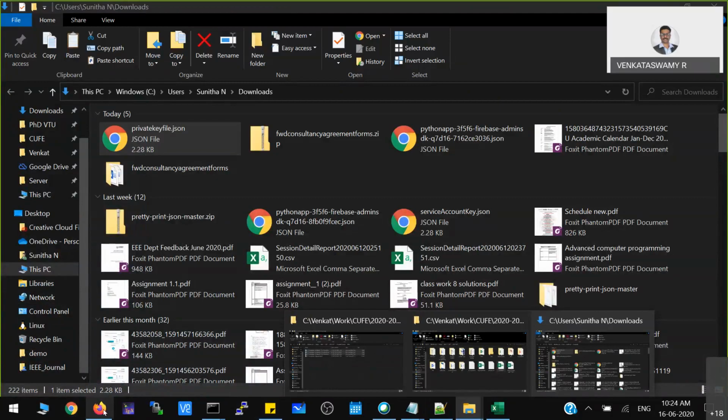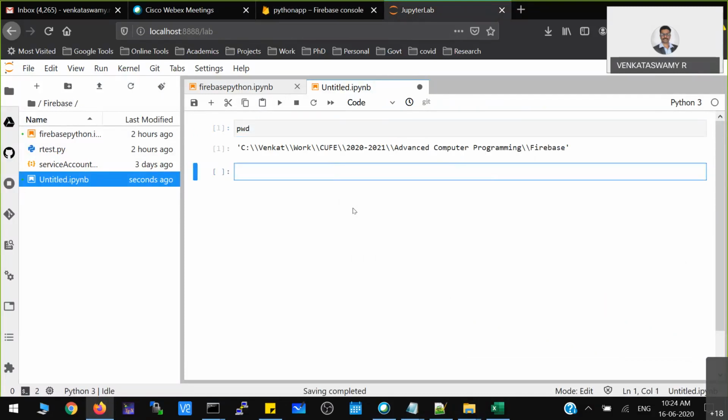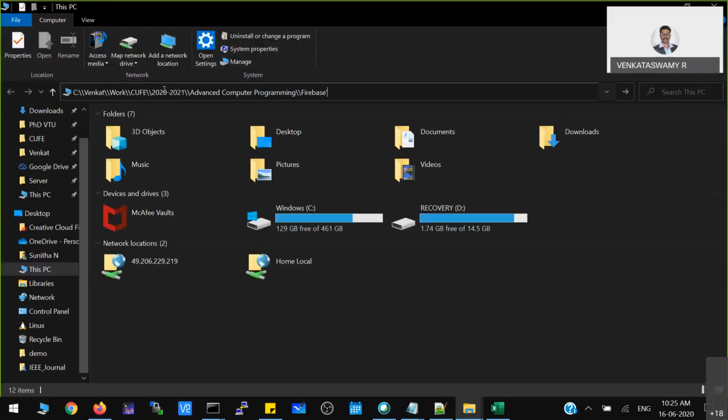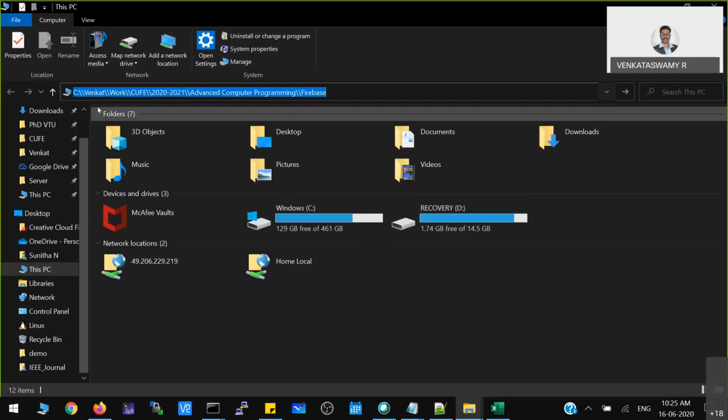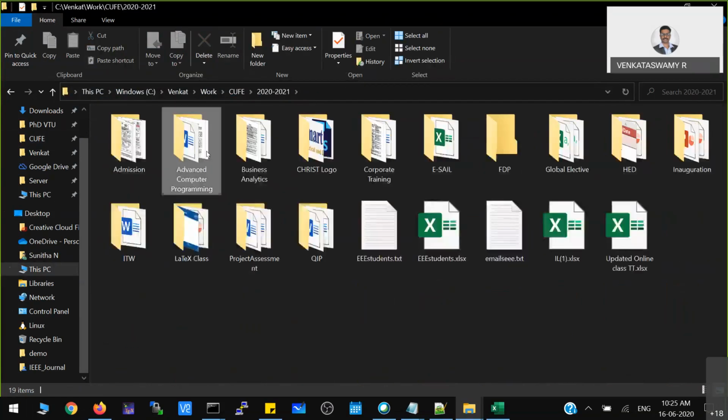say for example in the Jupyter Lab. So I am working on this particular folder. Okay, so how to see that one? I don't know whether this command is there. Yeah. So if you type pwd, present working directory, in the console, you will see that particular directory. So you just have to copy that particular directory, and you have to go to that particular directory. Yeah, so now I'll just manually go to that particular directory.